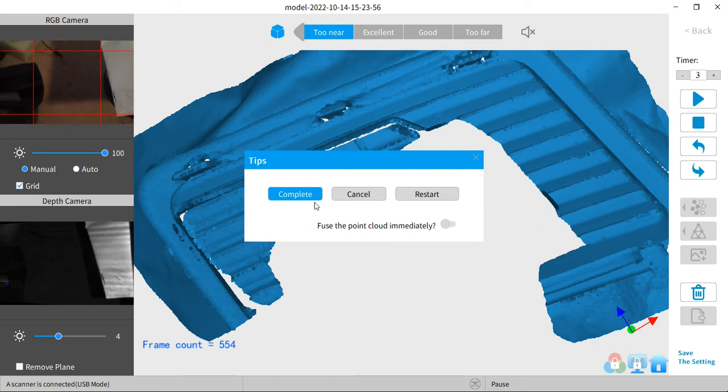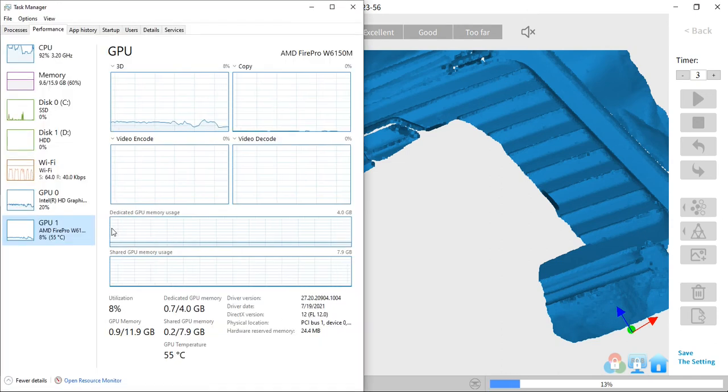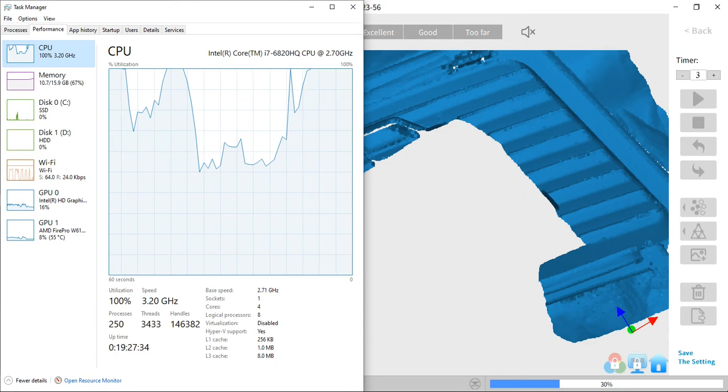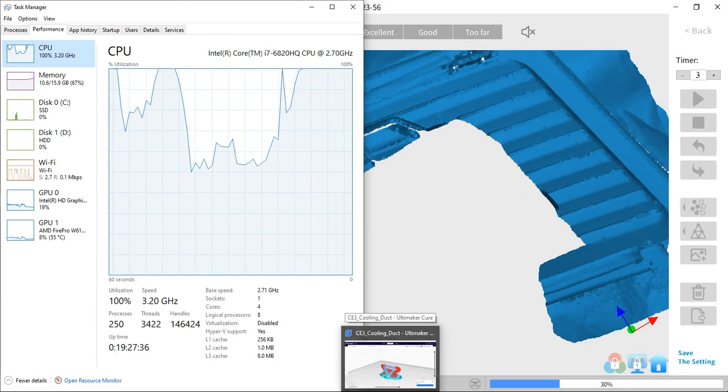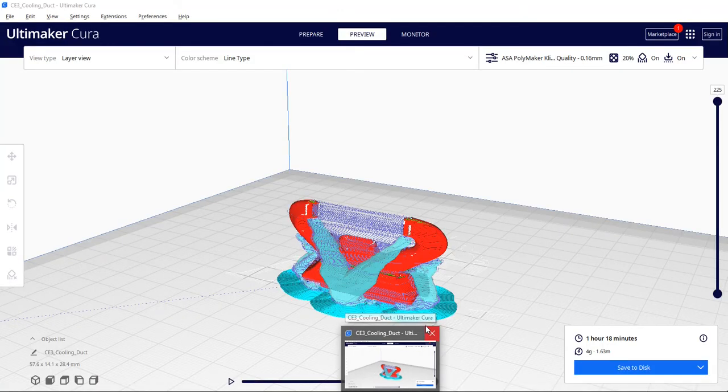So we can stop it, complete fusion, let it do its thing, and I can see if my resources are doing anything. No, but I'm pretty sure I was not using this during scanning. I was using this during scanning to render this image. And yeah, my CPU is getting pegged, but again, I have stuff open. I'm working on several projects. It's not the best thing to recommend, but